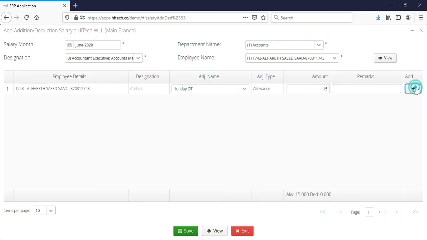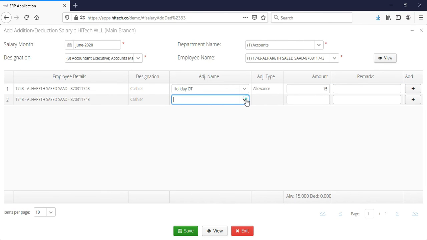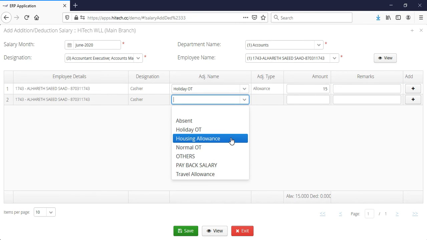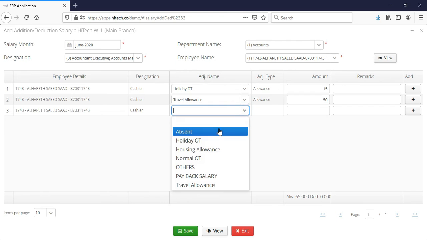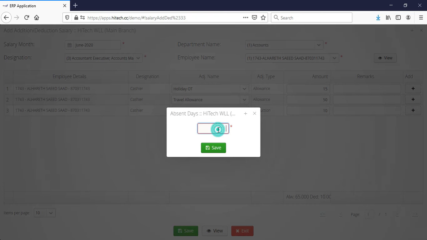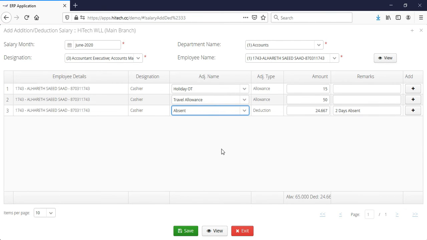If you want to add a travel allowance, the company decided to give 50 BD. If he is absent for 2 days, I have to give him 2 days as absent. So these 2 days will be calculated from his basic salary. So this will be deducted from his basic pay,